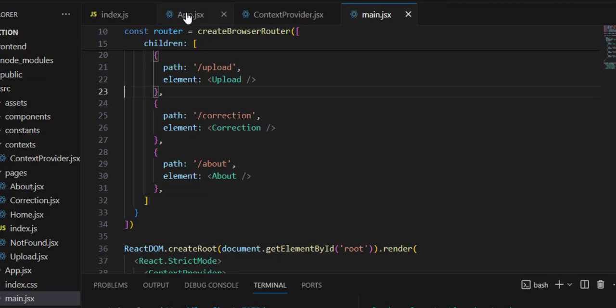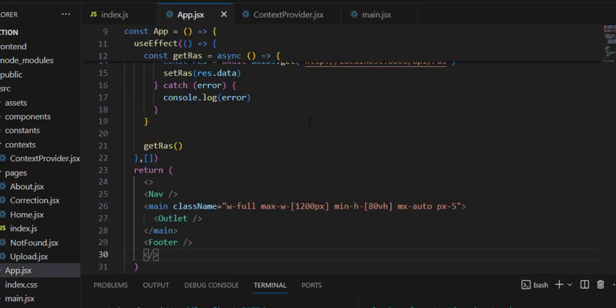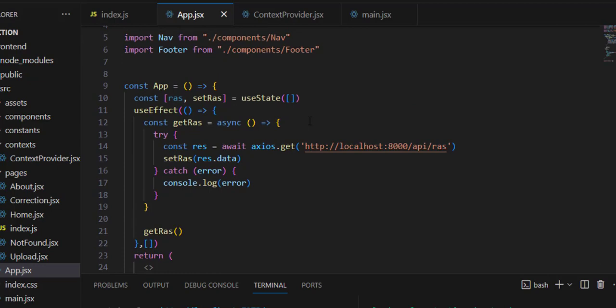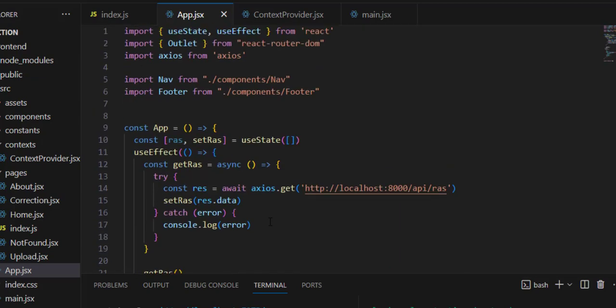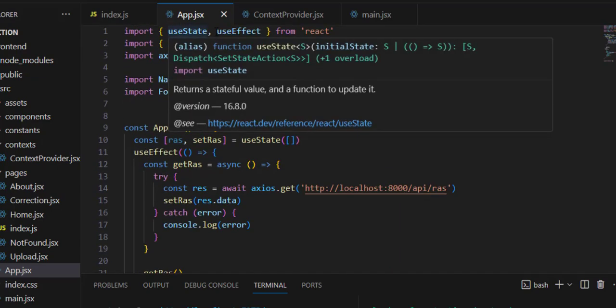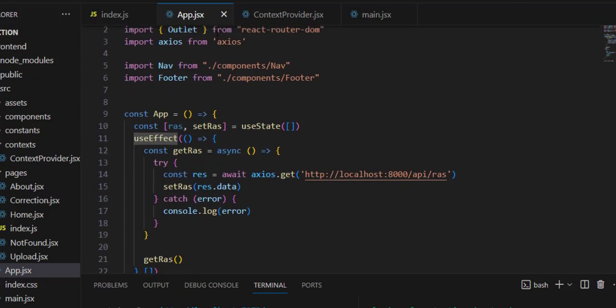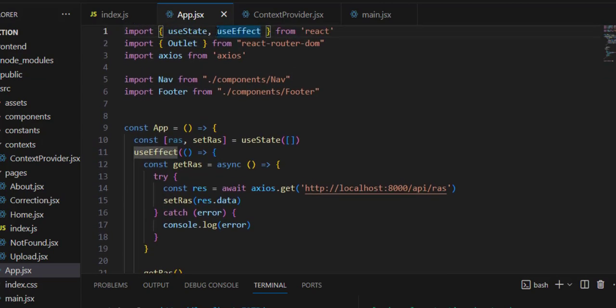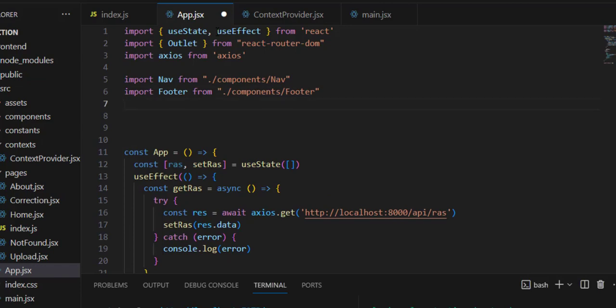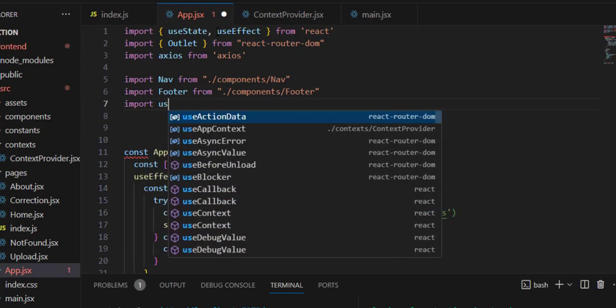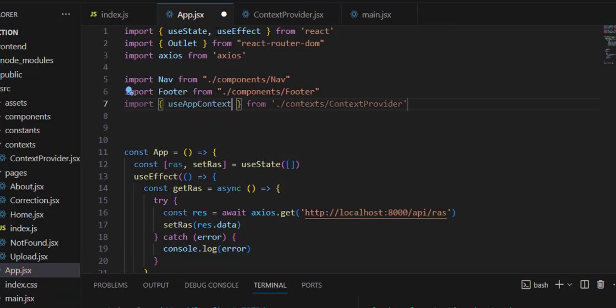Okay, and that is all that we need to do to this main.jsx. Then I will need to also come back to the app.jsx, and I will do some changes here in the app.jsx. First of all, I will not be using the state hook here. Instead, I will provide the hook from the context. Okay, those RAs, I will provide them from the context. So let me import useAppContext from the ContextProvider like so, and then this I will change